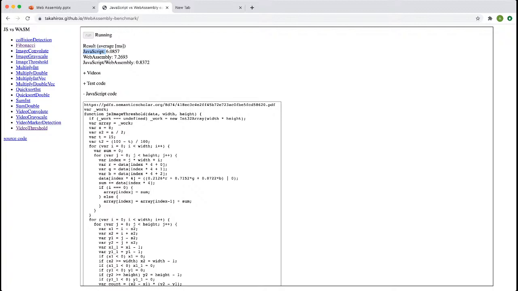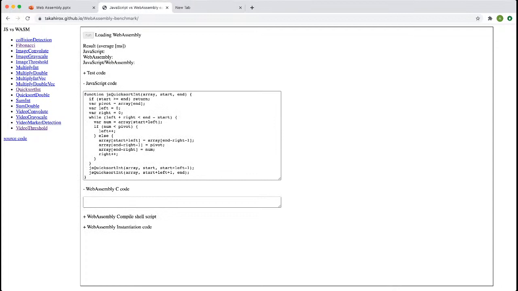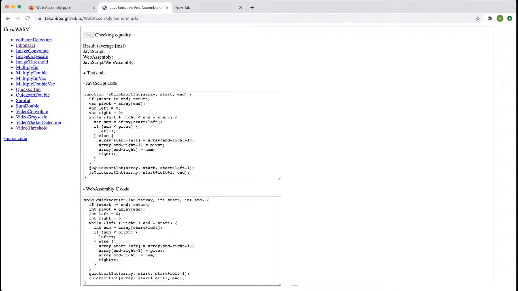Similarly, if I go to quick sort and run it, we'll see the results. JavaScript has taken 787 milliseconds, while WebAssembly has taken 490 milliseconds.